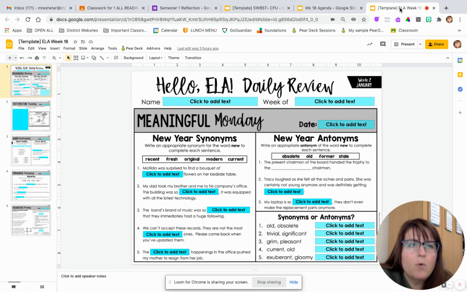Remember at the bottom corner here, synonyms or antonyms. You're deciding if they mean the same thing or they mean the opposite. The one up here obviously doesn't have a text box to edit, but you could certainly add your own text box if you so desired. But just Monday is all you need to do.